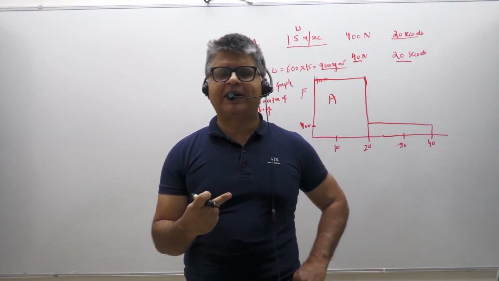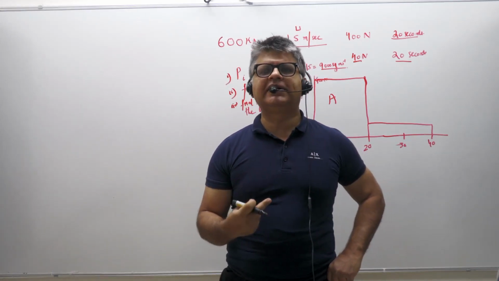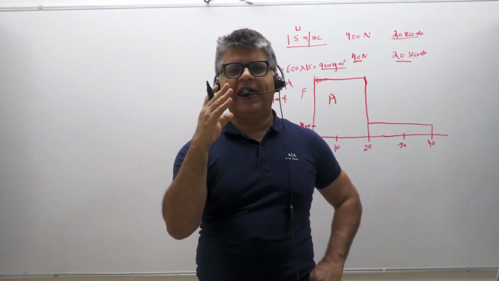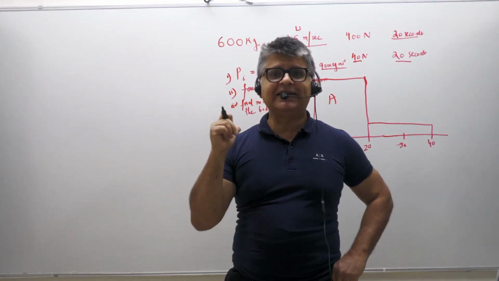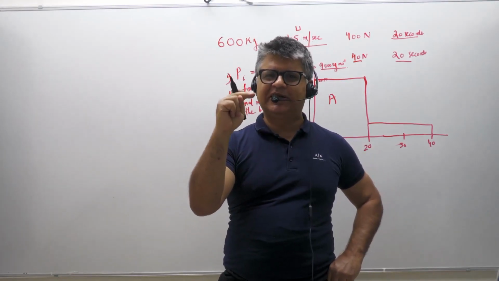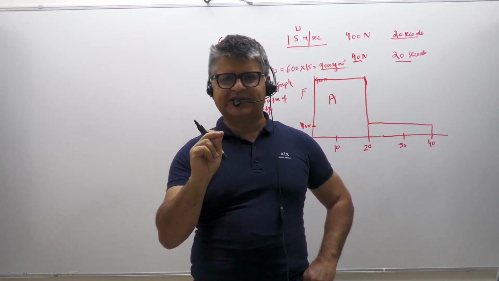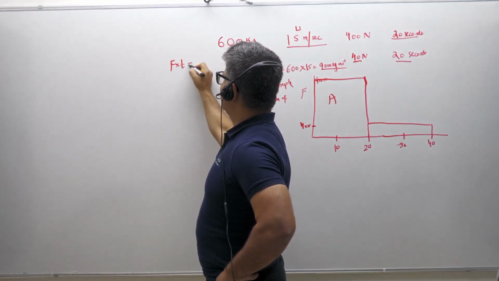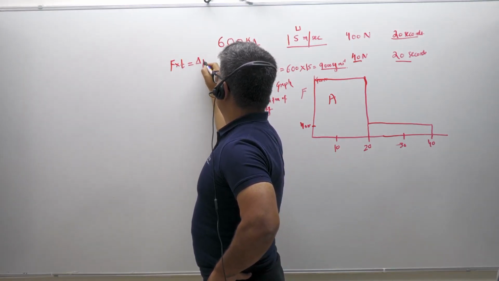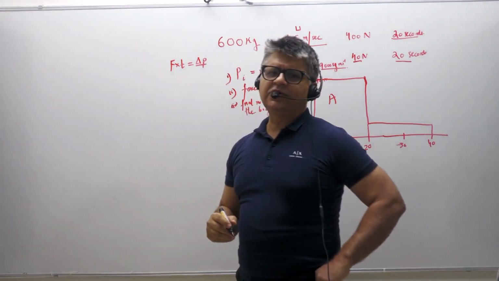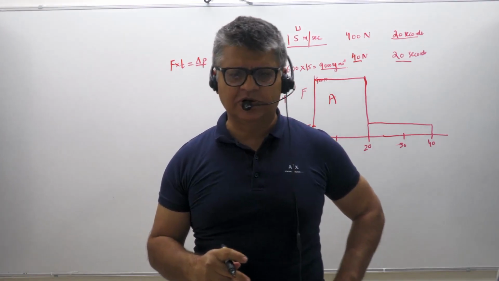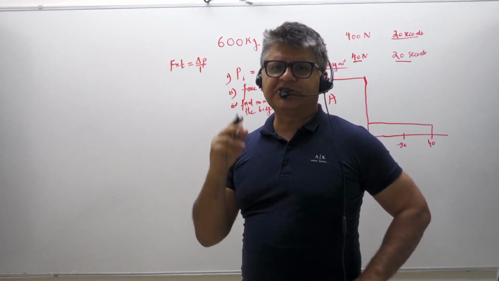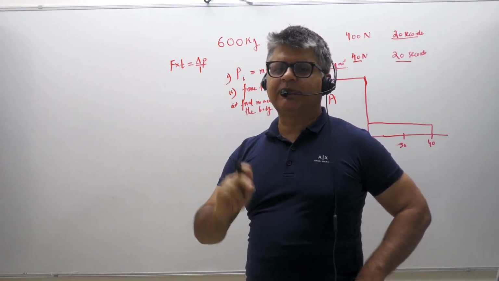I know it's change in momentum, but change in momentum can be calculated in multiple ways. One is, of course, P final minus P initial is equal to MV minus MU. But in this question, the conceptualization has been done, but the category of the concept belongs to what? It belongs to F into T, right? That also is change in momentum. F into T, force into time, is also the change in momentum, right? So this is the category. You can calculate the change in momentum in multiple ways.